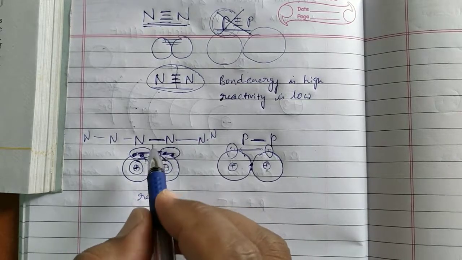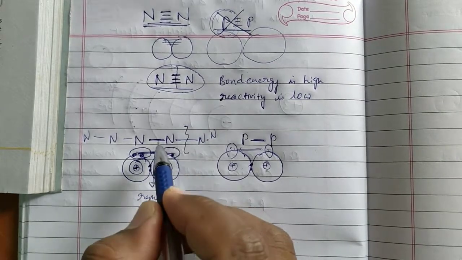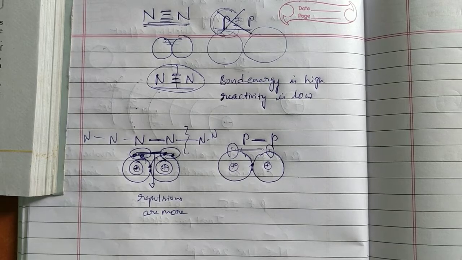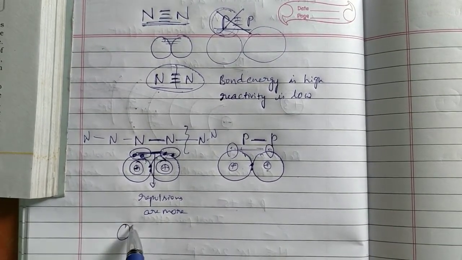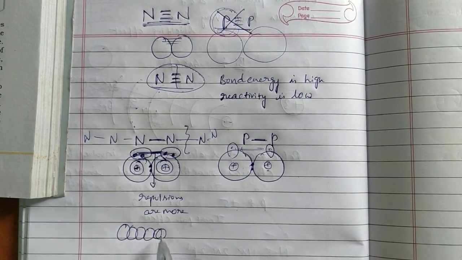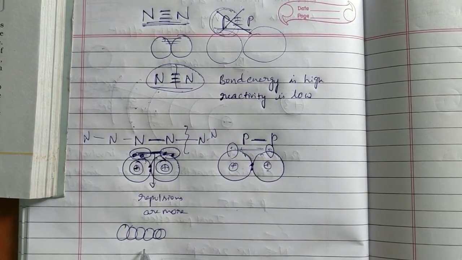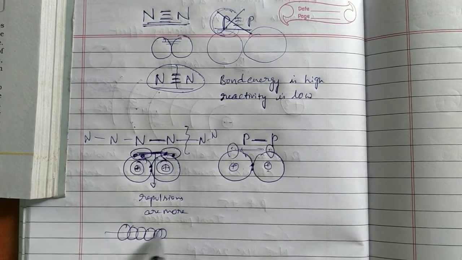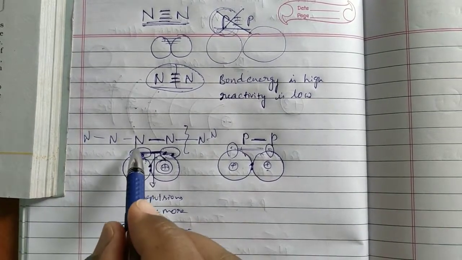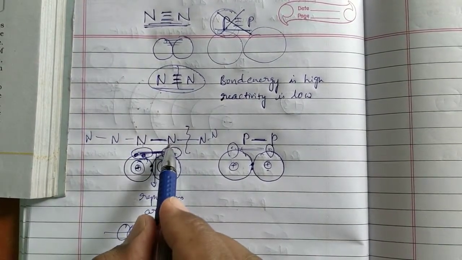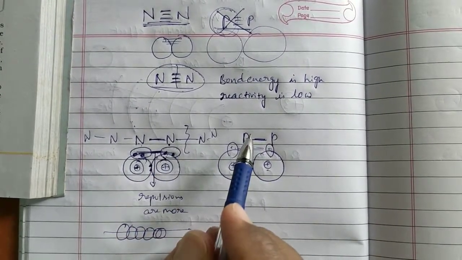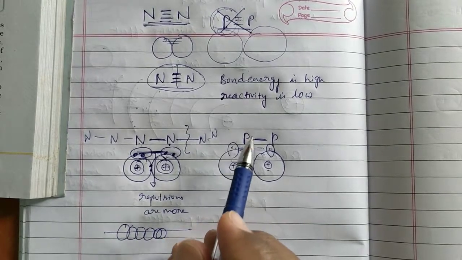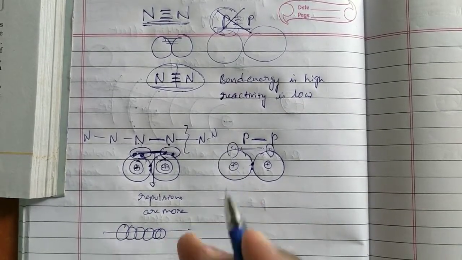When it is not able to form them, the chain cannot be long, because the nitrogen single bond nitrogen is weak. See, when a chain is very strong, the links present in it should also be strong. Then only the chain will exist. Here the nitrogen single bond nitrogen is a weak bond, so it cannot continuously exist in the form of a chain. That ability to form chain-like structures is called the catenation property.